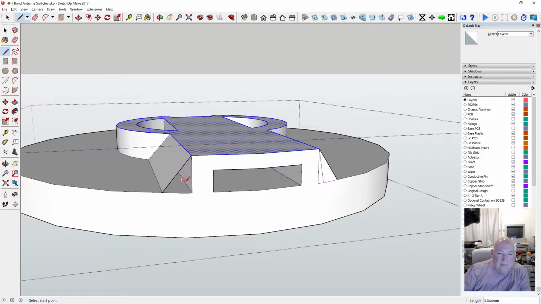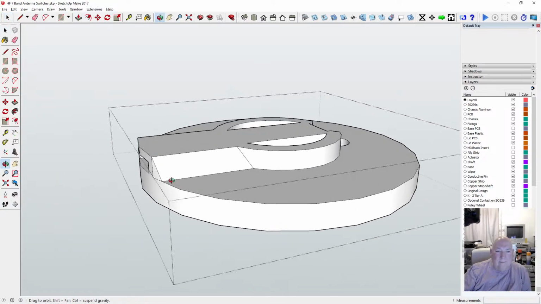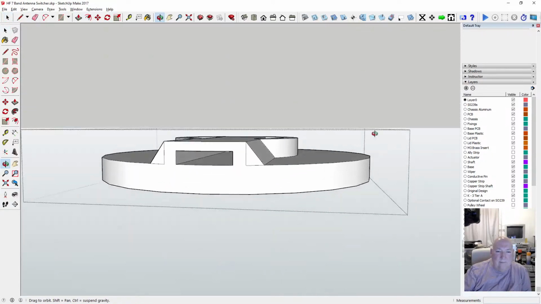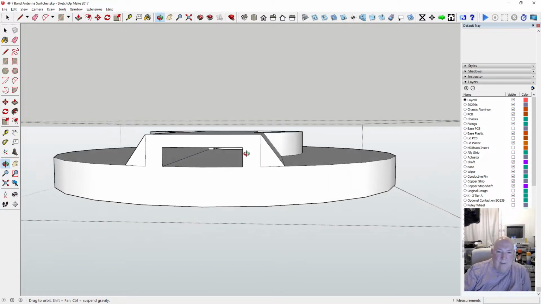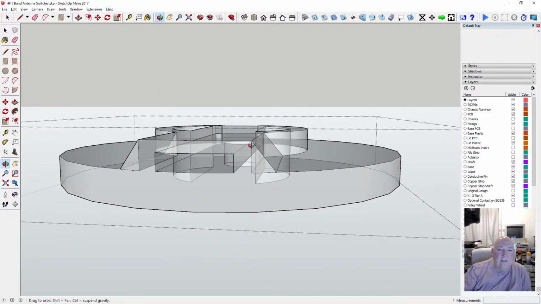Something is better than nothing. Maybe. Right, okay. So we've got something. We've got too many walls now, so we're going to have to get rid of some of the walls.